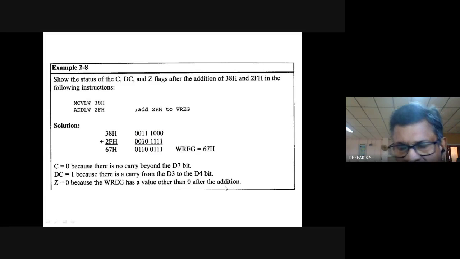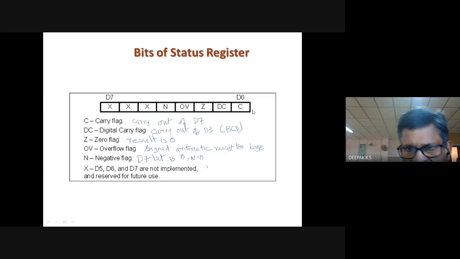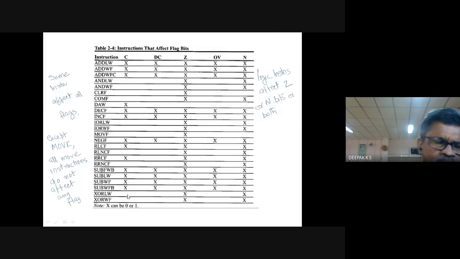So this is how, based on the arithmetic operation done in the ALU, the status register bits are set automatically, depending on whether there is carry, digital carry, zero, overflow or negative sign. Now if you take all the instructions, there are 77 instructions, and there are certain instructions that affect flag